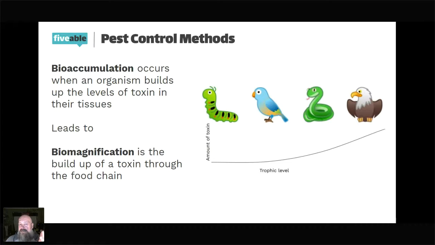Now, don't ask me how a snake is going to eat a bird. Let's just pretend that this is going to happen. Maybe it's a ground bird. Okay, obviously there's not going to be any flying snakes. But now that the bird has more toxin in them, the snake can't just live on one bird. Remember, one of my first streams was talking about the energy pyramid, 10% rule. You're going to have to eat a lot more of that organism. So you can see that it's building almost exponentially with the amount of food that they're eating